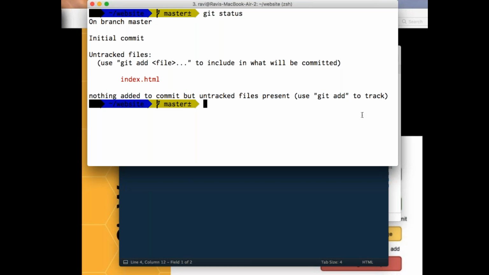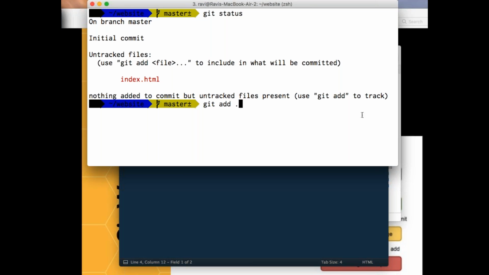So I can say git add file name, which is index.html. If you have multiple files, second file, third file, fourth file, and you want to add everything, dot would be very preferable.